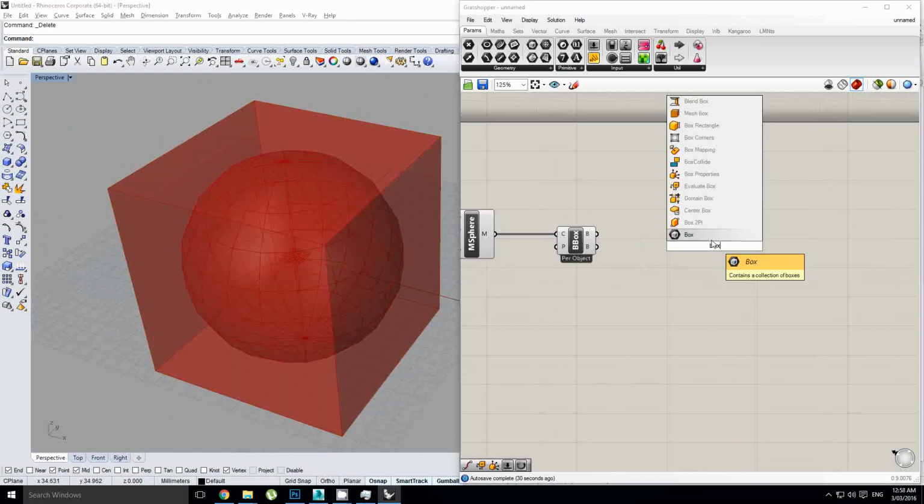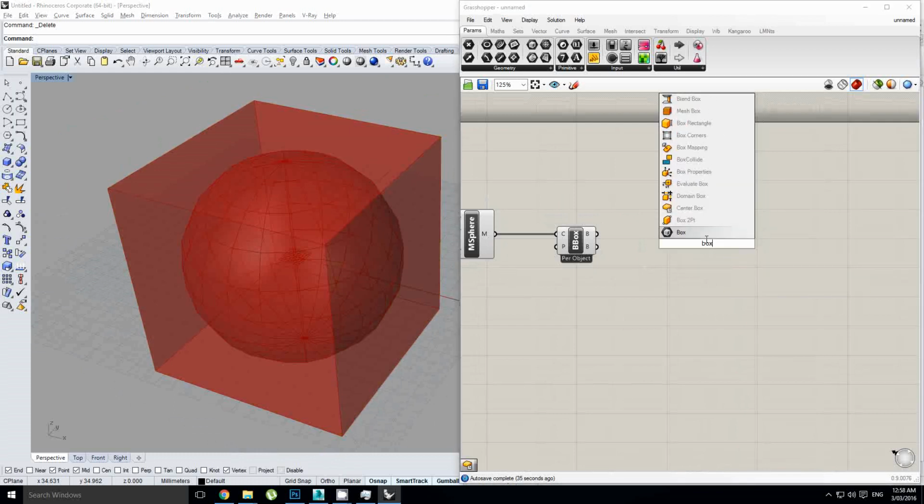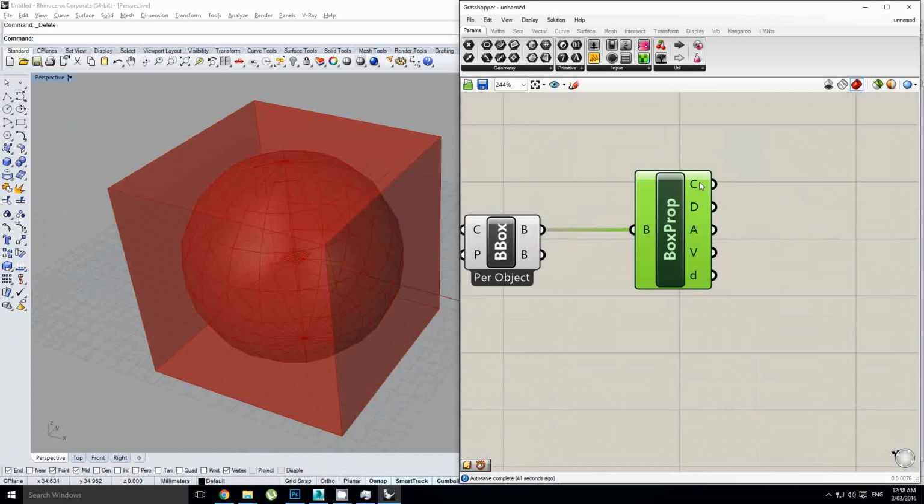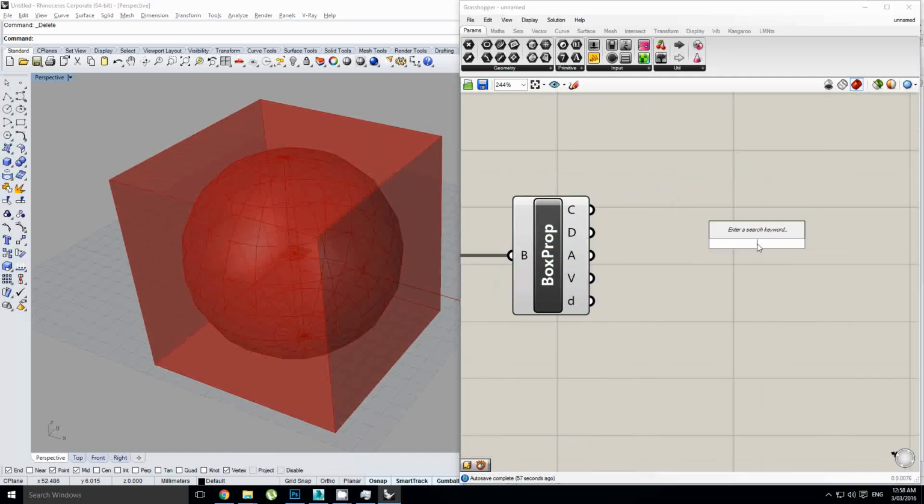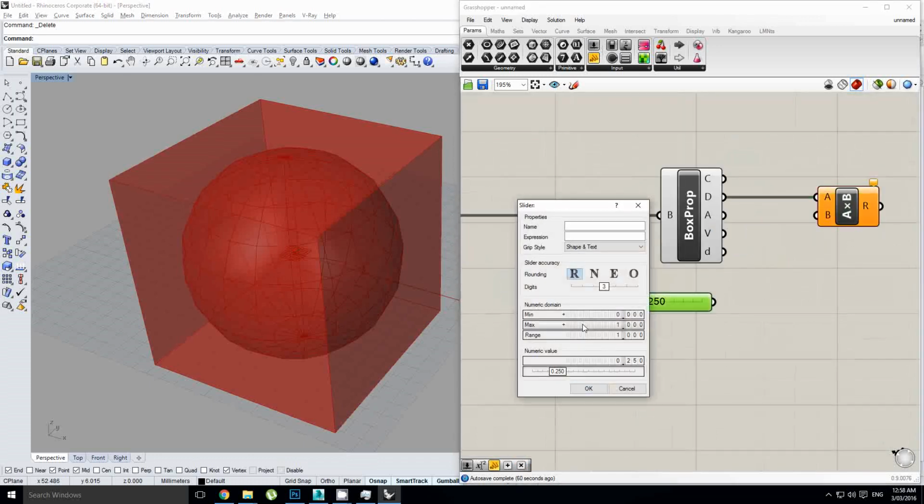So what we're going to do is obtain some information about this box using box properties. This is quite useful. It tells us a lot about the box. The center of the box, the diagonal vector, which can also be interpreted as the size of the box in each direction, the area of the box, the volume of the box, and the degeneracy of the box. So we're going to use this diagonal vector. What we're going to do is multiply this vector by a slider. I'm going to give it a maximum value of 10,